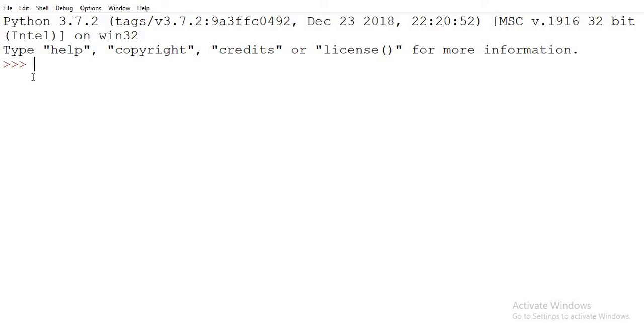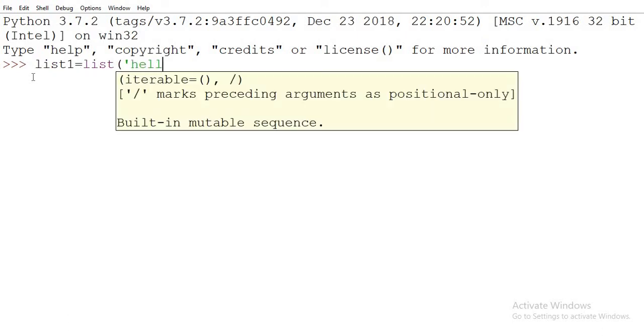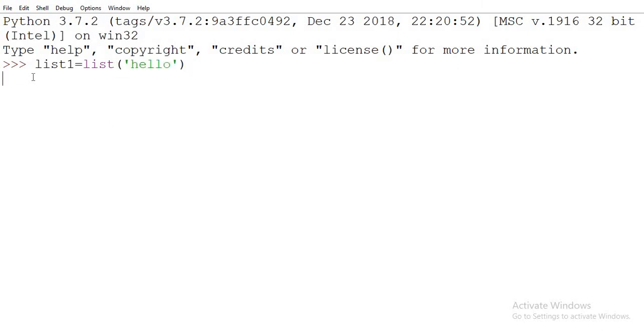List is mutable. Now as we know, we can use comparison operators on a list. The comparison operators are greater than or equal to, less than or equal to, not equal to, and equal to. And we also know that whenever we use a comparison operator on some elements, it will either return true, otherwise return false. Now I'm going to apply some comparison operators. I'm going to define a list named list1, where I define hello, and bracket close. It's a list.